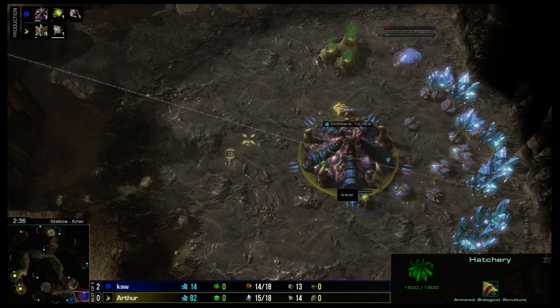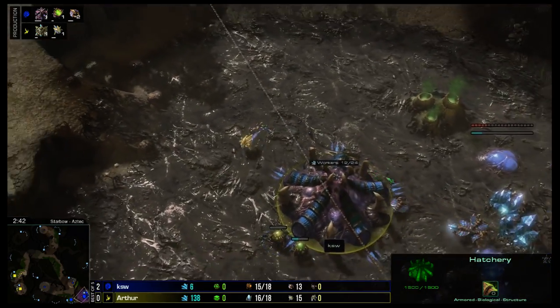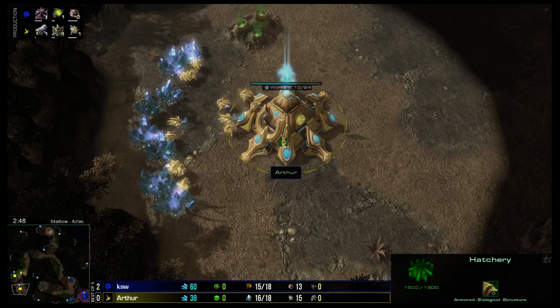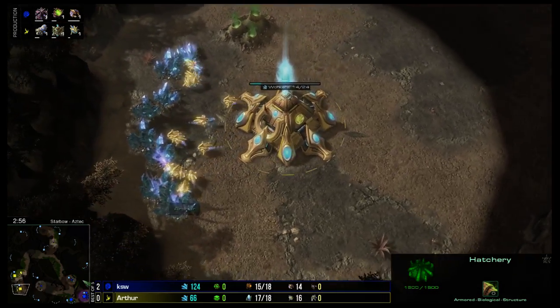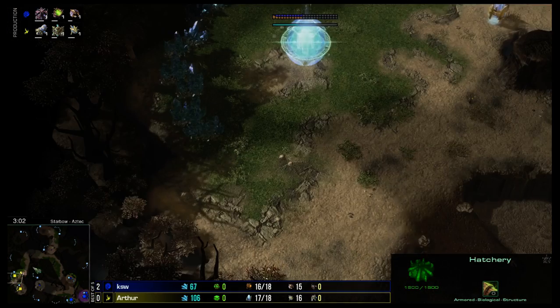Alright, spawn on the bottom left side of the map. Starboat Aztec. He's blue, he's Zerg, he's KSW. His opponent is yellow. He's Arthur, spawning on the left side of the map, bottom left side. Now, this spawn position actually benefits KSW more than if his opponent was to spawn